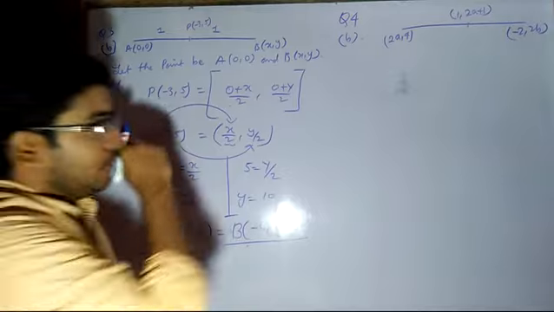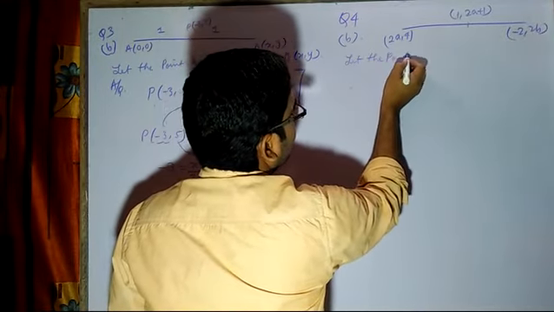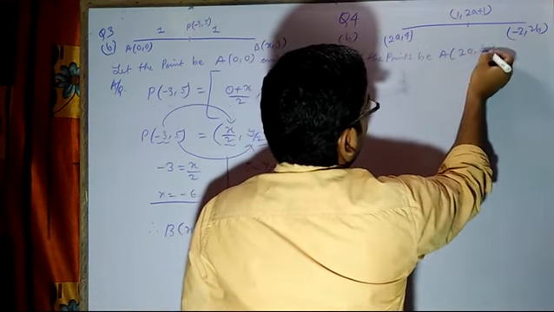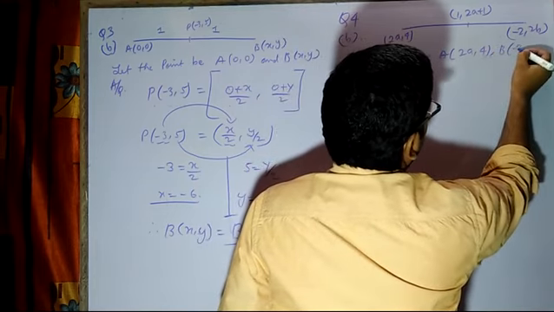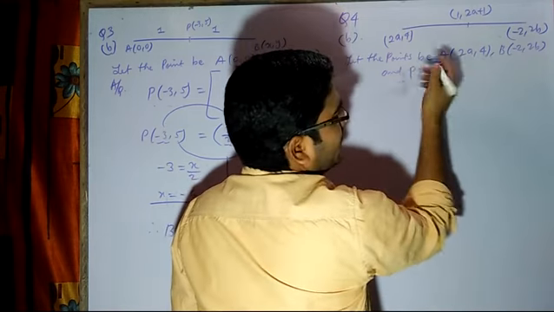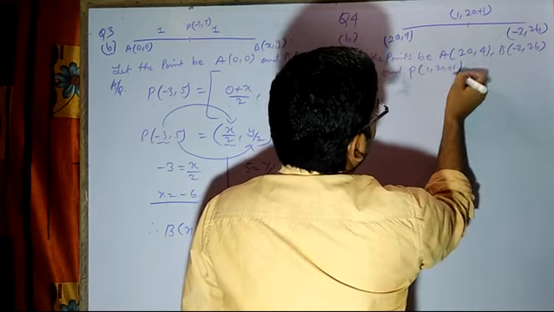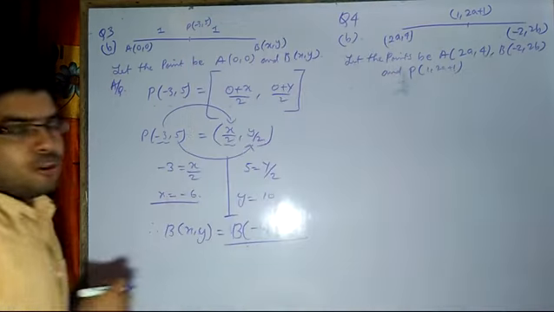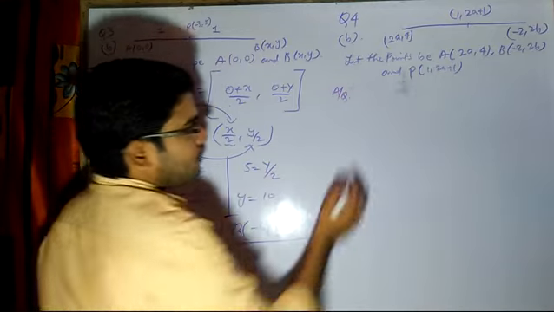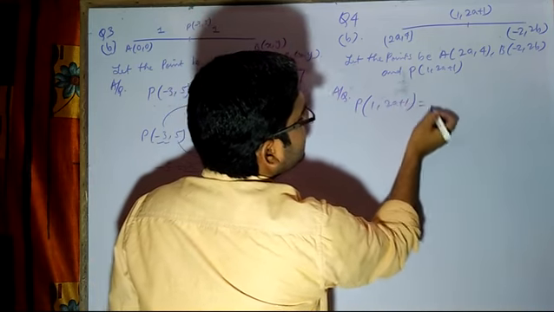Now what you can do, you can write: let the points be A (2a, 4), B (-2, 2b) and P, or any other value, P (1, 2a+1). Okay, so these are the 3 points. Now you can write according to the question, P (1, 2a+1) is equal to